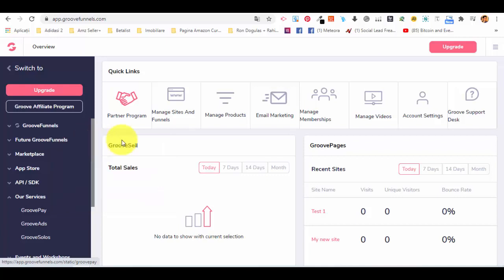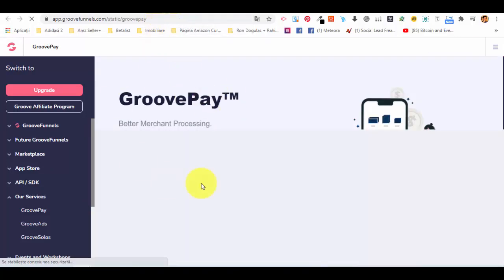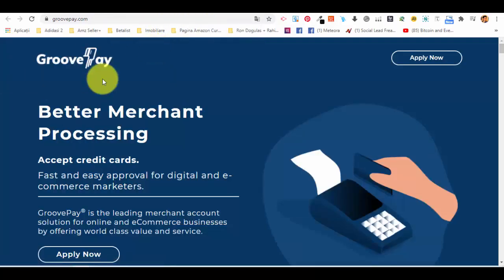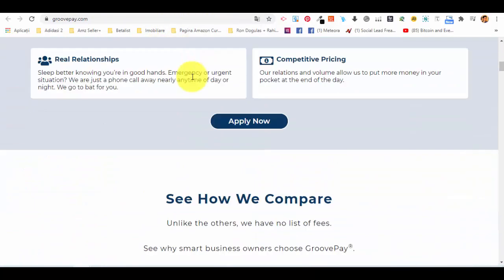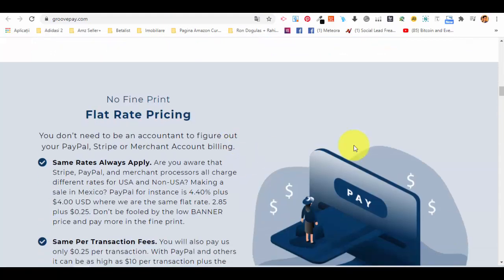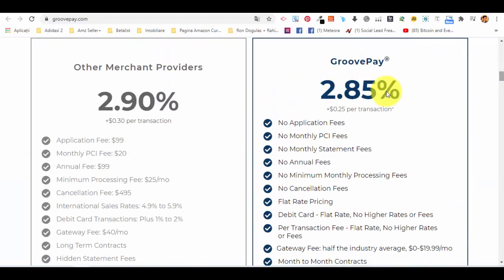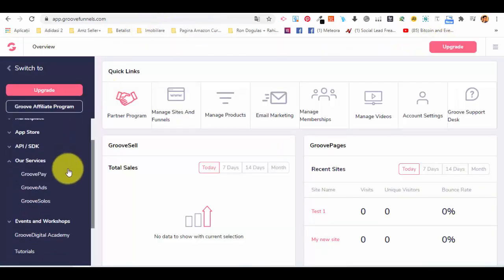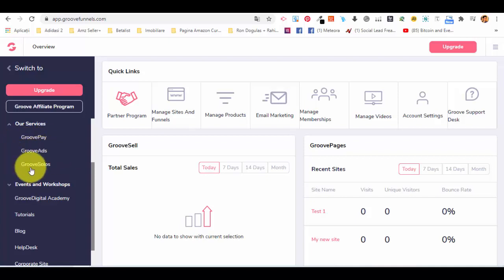And if you click the option to open GroovePay, we can click here to apply, and it will redirect us to the GroovePay page. You have all the information here about the fees, the costs, and everything, and you can apply for creating an account. Now let me go back to the dashboard, and then we have the GrooveAds and the GrooveSolos options, which